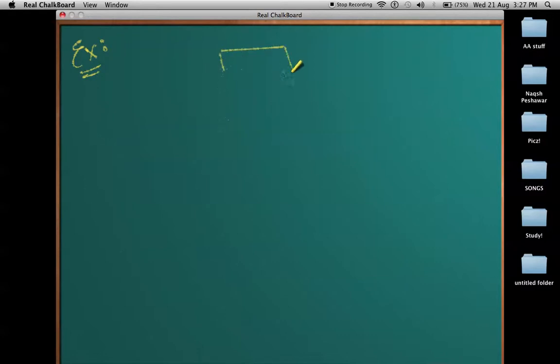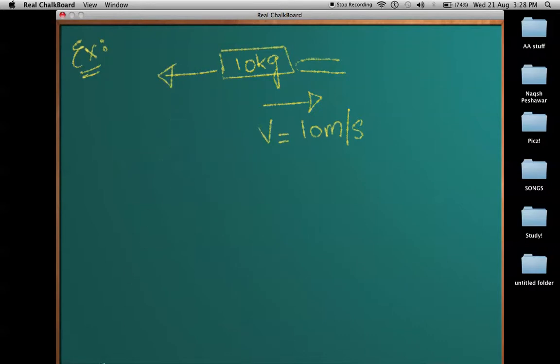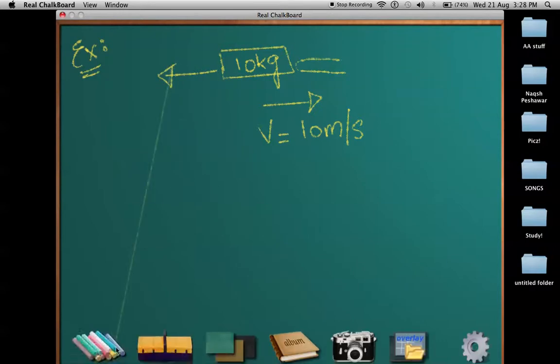We have a mass here of 10 kilograms, which was already moving in this direction with a velocity of 10 meters per second. Suddenly, there's a person who puts his finger like this. And because of this finger, there was a force in this direction. Let's say there was a force in this direction because of this finger, because he's trying to stop it